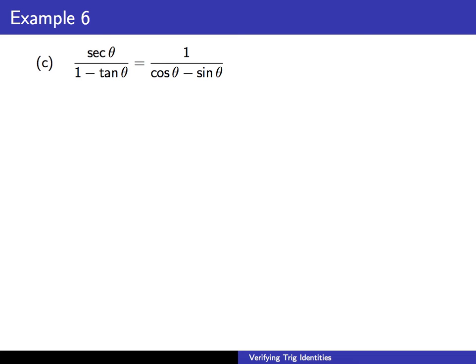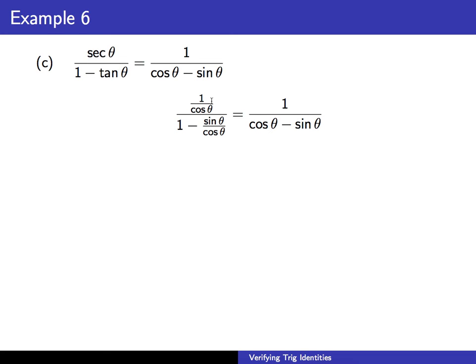All right, in this video, we're going to take a look at some more examples of verifying trig identities. So, part C, we have secant of theta over 1 minus the tangent of theta equals 1 over cosine of theta minus sine of theta. So, I have secant, tangent, sine, and cosine. Although it may look like I'm really getting into deep trouble here, if we convert the left-hand side to use only sines and cosines, we'll have the